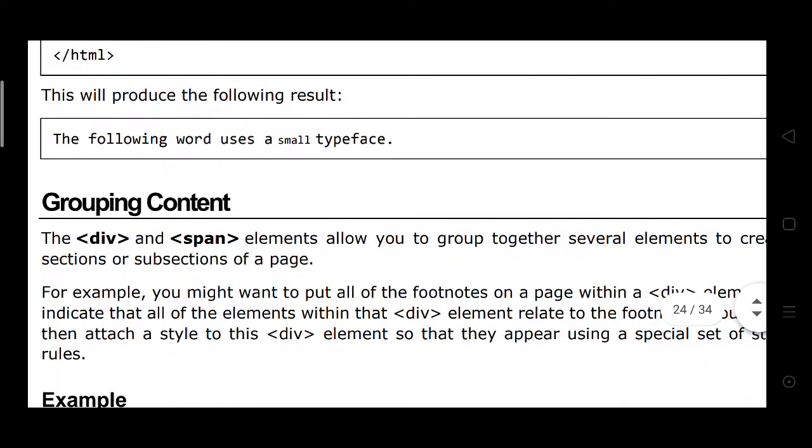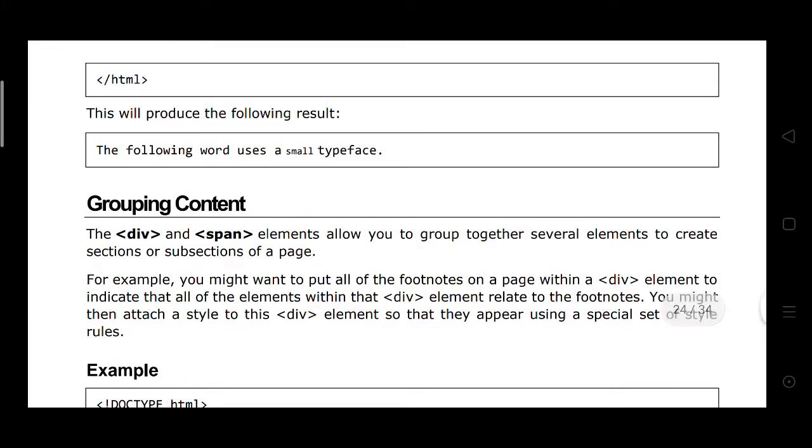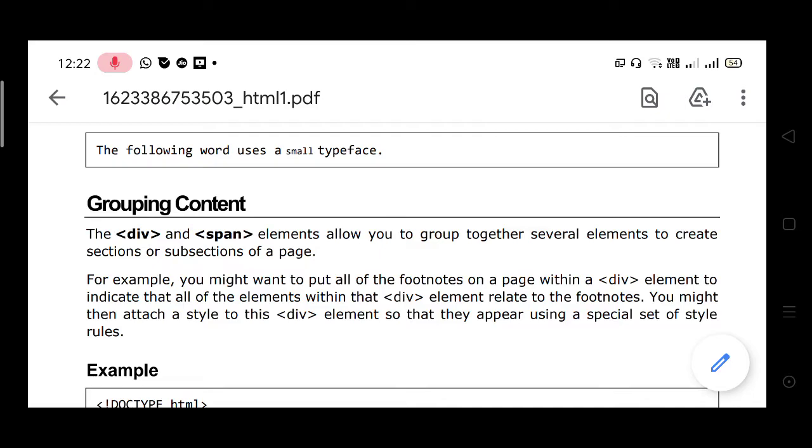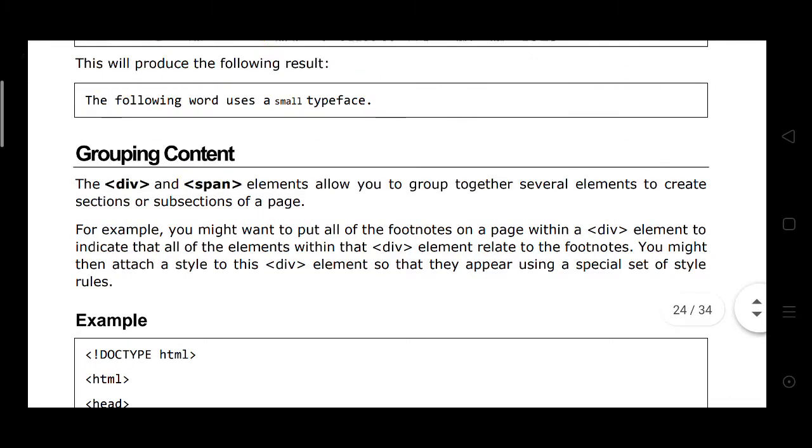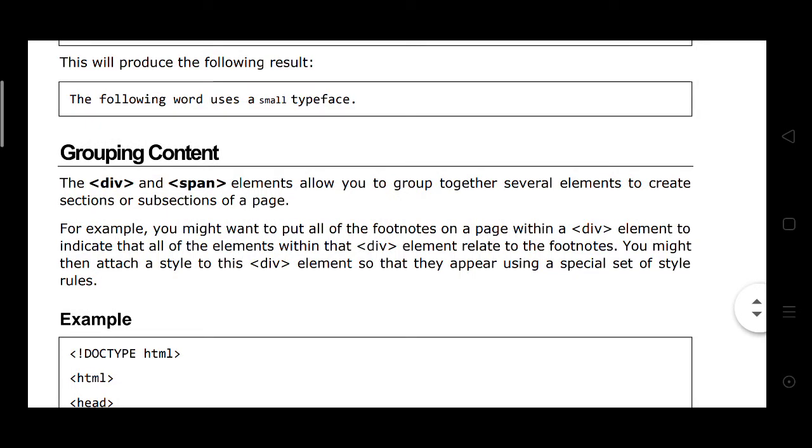Then grouping content: the div and span elements allow you to group together several elements to create sections and subsections of a page.